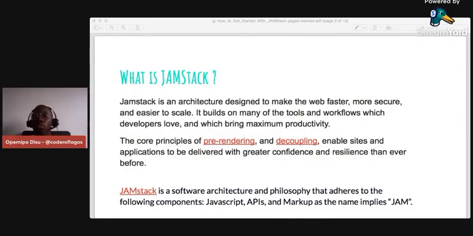JAMstack is a software architecture and philosophy that adheres to the following components. We have JAM: JavaScript, APIs, and markup. Under JavaScript, we have those different JavaScript frameworks, and for APIs, we have different API services and platforms that can be supported with these JAMstack tools.